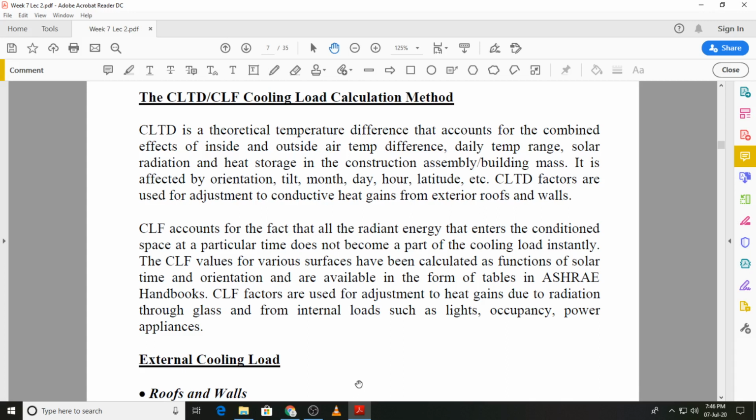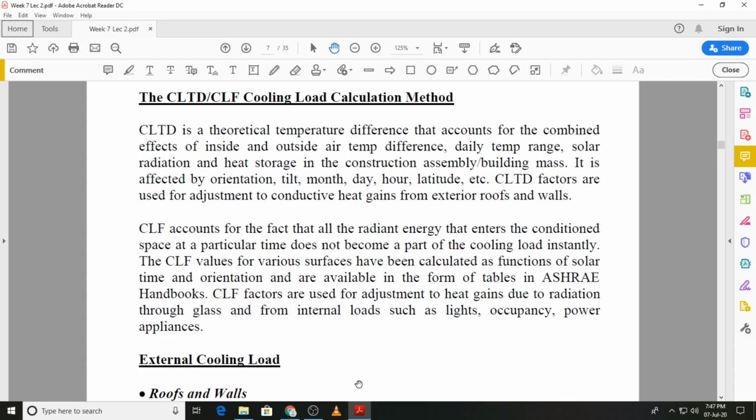Then we have the cooling load factor. The cooling load factor accounts for the fact that the solar radiation that enters the conditioned space, it may be the solar radiation that is entering through transparent surfaces, or it may be the thermal radiation that is emitted by any source inside the conditioned space: lights, occupancy, or appliances. And that thermal radiation that is